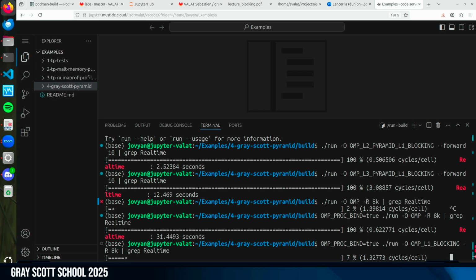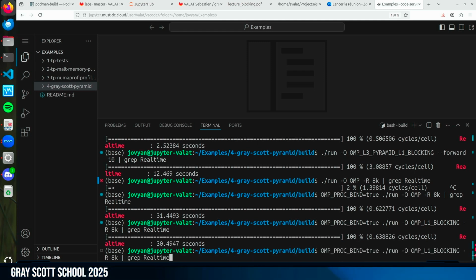Not really faster. I let it run. I should have reduced the number of steps because it's larger. Anyway, it looks a little bit better. But not too much. 30 seconds. Yeah, we win 1 second.